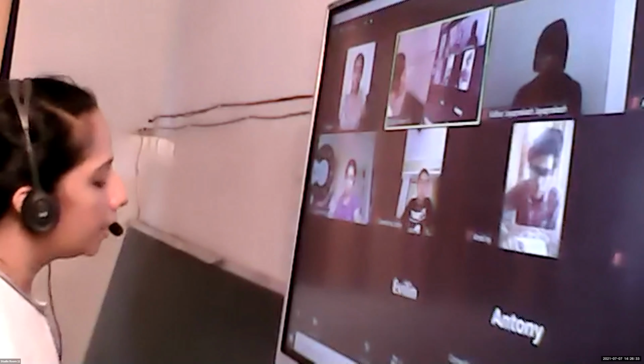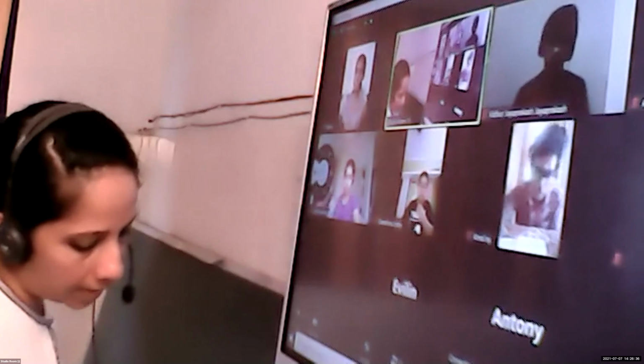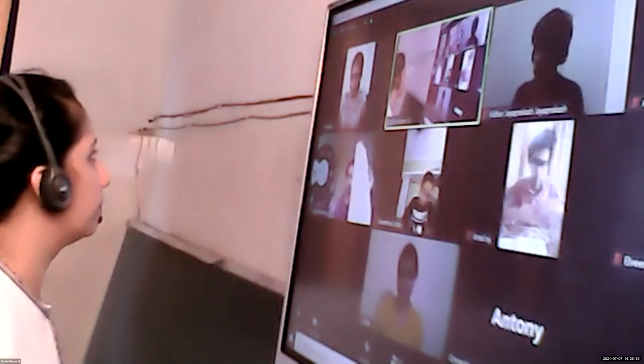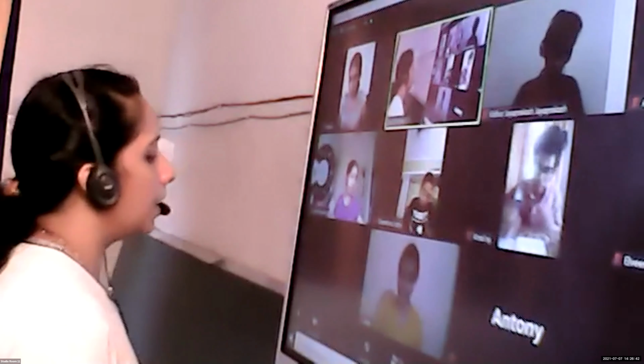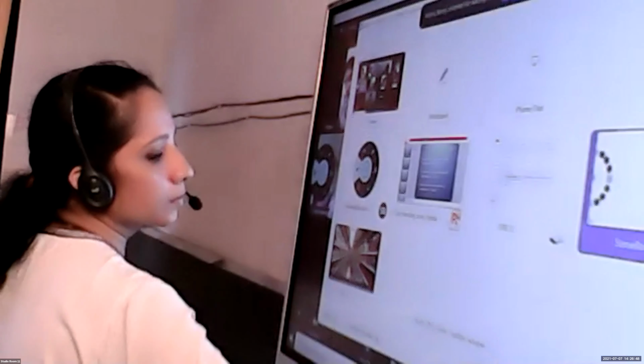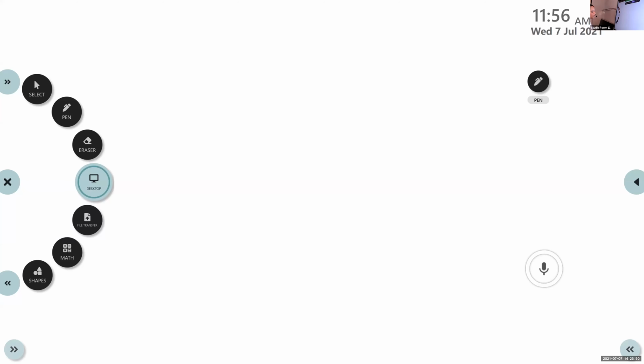Okay, the next one. Write the heading: creating a series with index of string type. That means instead of a single integer value, here we are using a single string value.